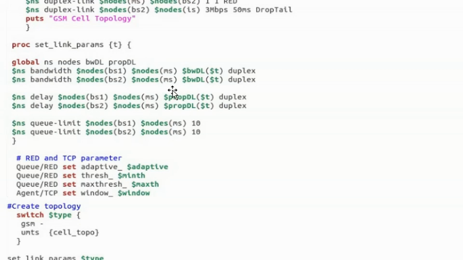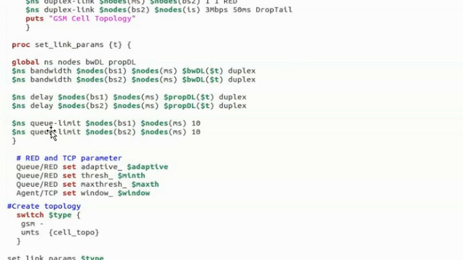I have this syntax here, you might have to remember it: bandwidth, node from, node to, what the bandwidth is, and the type, duplex. Here I am setting it up for 4 different links that I have discussed.